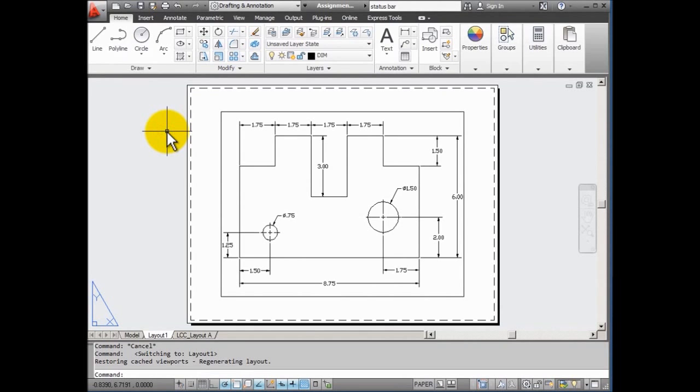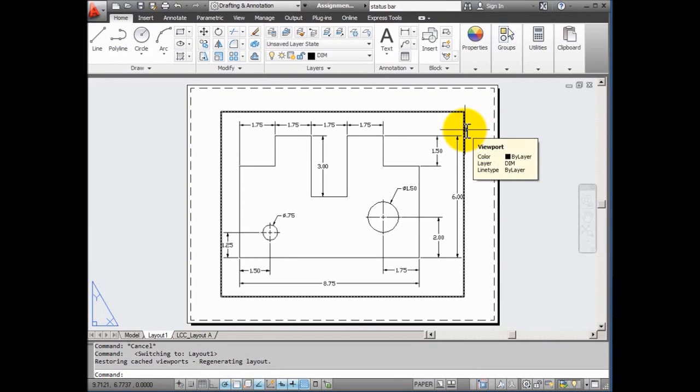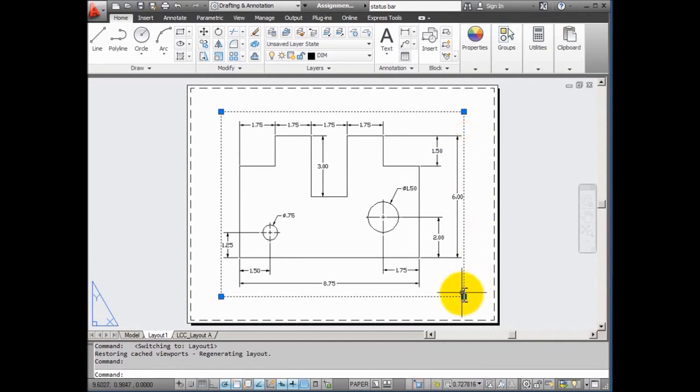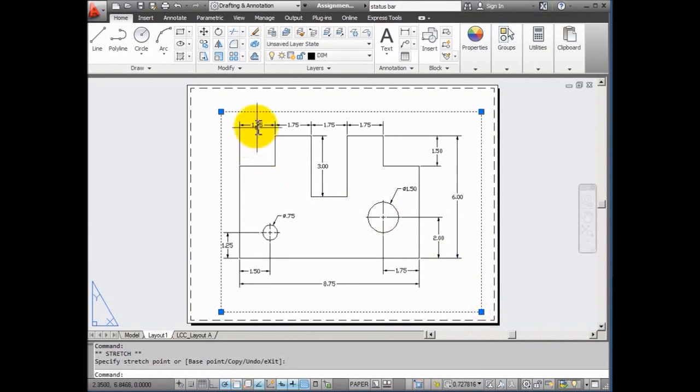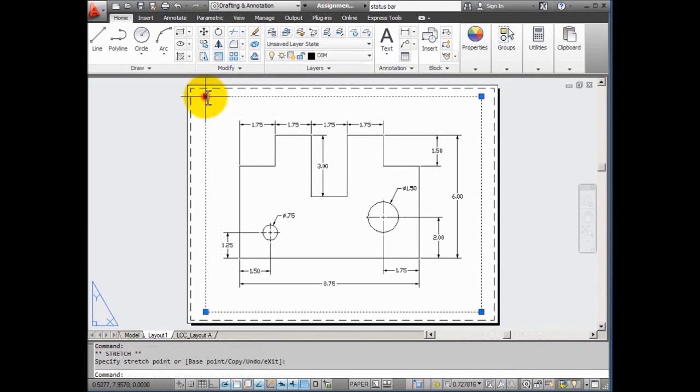When I'm in paper space, and notice down here on the status bar it says that I'm in paper space, I can work with my viewport. I can resize it. I can add additional viewports for additional views of my object, and I can also draw on my piece of paper things like a title block or add text, and these things will only exist in paper space